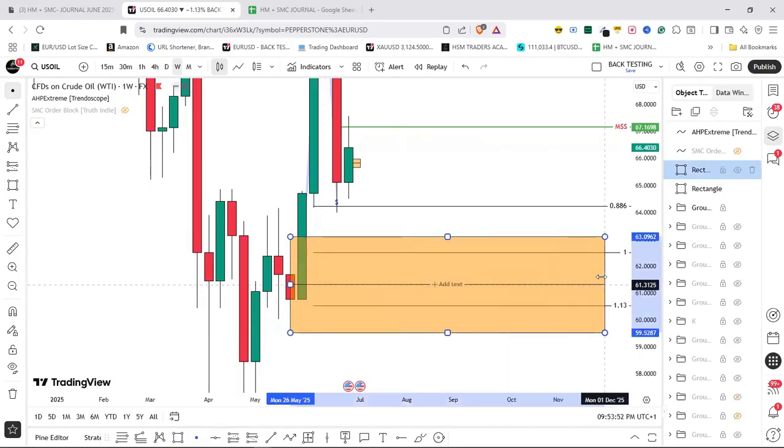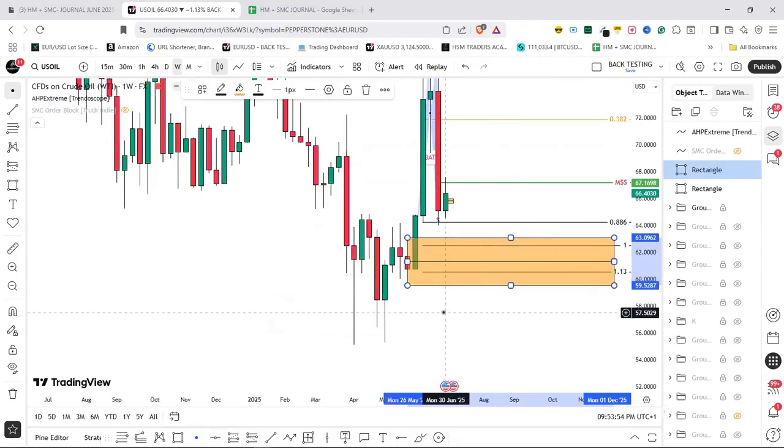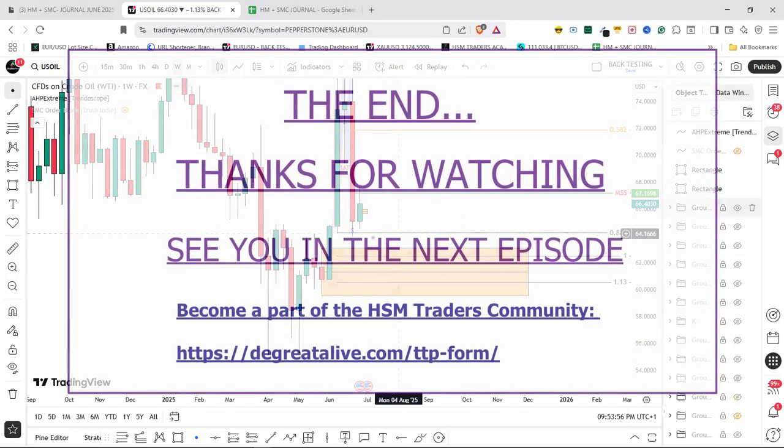That is why sometimes whenever you see a key level like this, I am always very, very careful. I don't risk too much because this